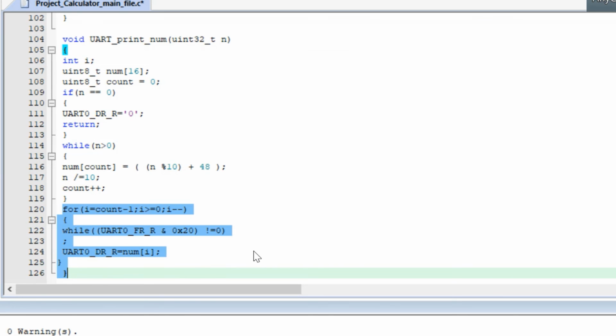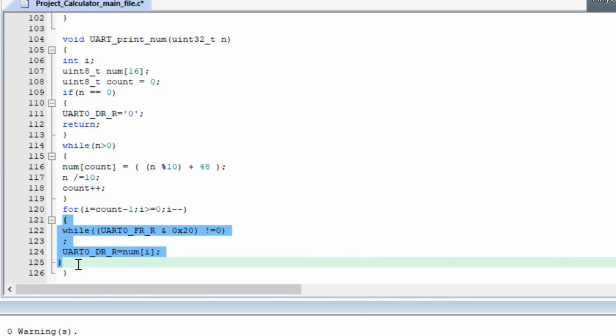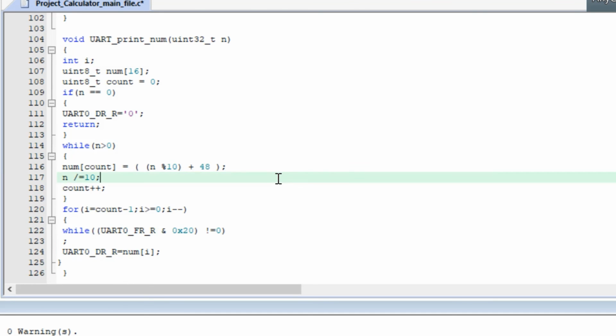So here is the UART print string. Here we are defining the pointer of char. Now we can only send a character at a time. We have applied the while loop, so it will increment the value of the pointer until the whole string is printed. Let's see the output. You can see that after 1000 milliseconds